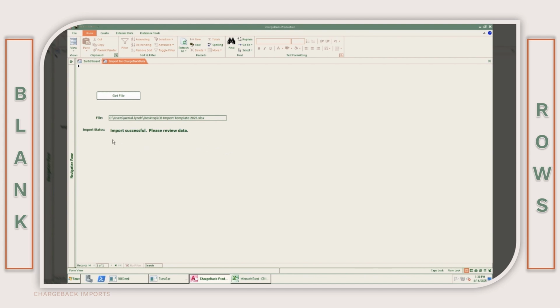And boom, here it is, import successful. So keep in mind that any column that has a format listed in there, the chargeback system will expect data to be there. So always make sure when you're done inputting information on your chargeback import sheet, right before you